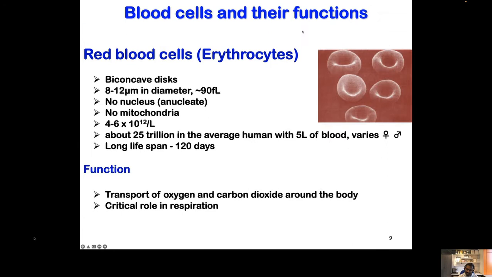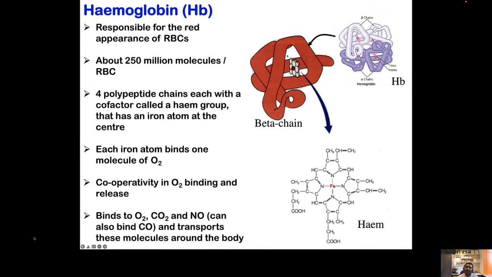Now, each polypeptide chain has a heme group in the middle. Okay, and this heme group in the middle will have iron, or ferrous iron. So the heme group is surrounded by iron in the center. The whole heme group is present in each polypeptide chain. 4 polypeptide chains make 1 hemoglobin molecule, and around 250 million hemoglobin molecules are present on a red blood cell. So you can see here the 1 billion heme groups on every single